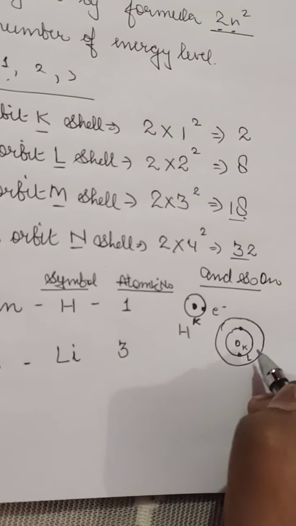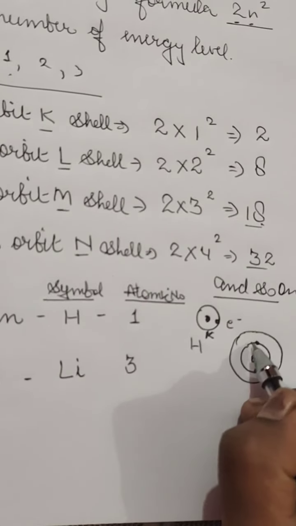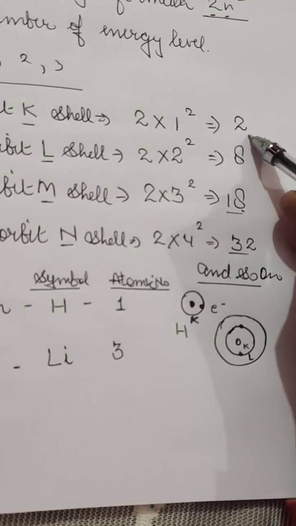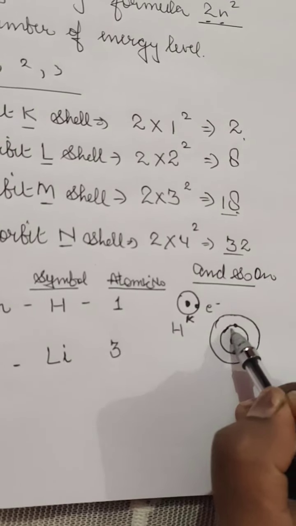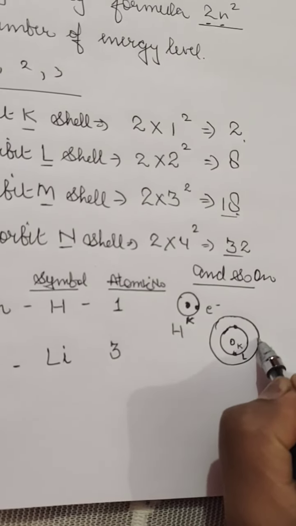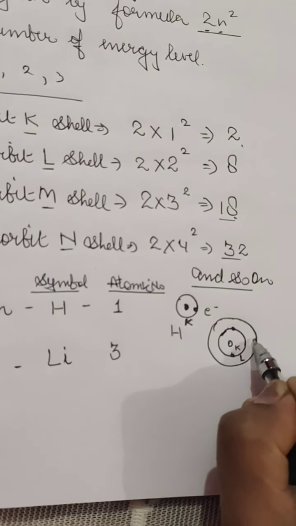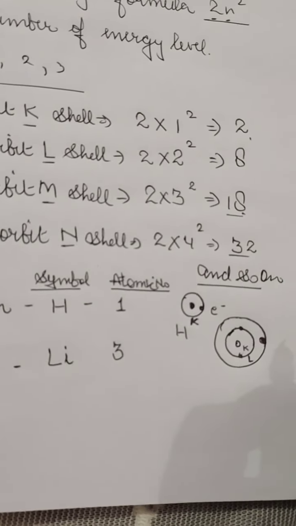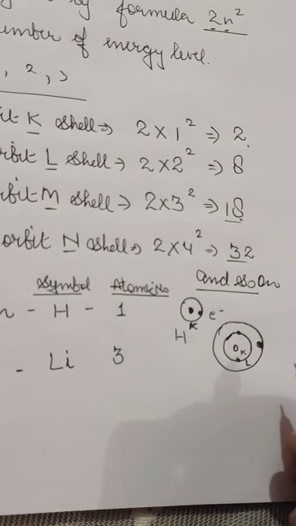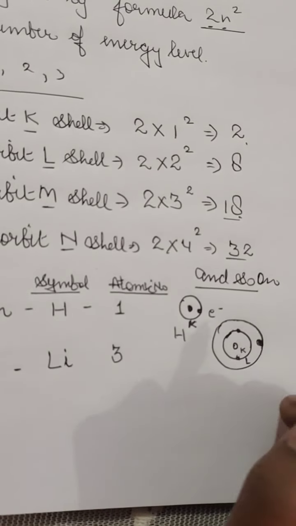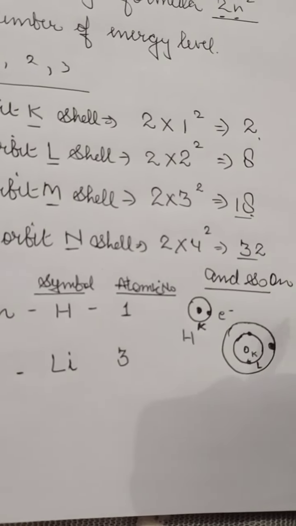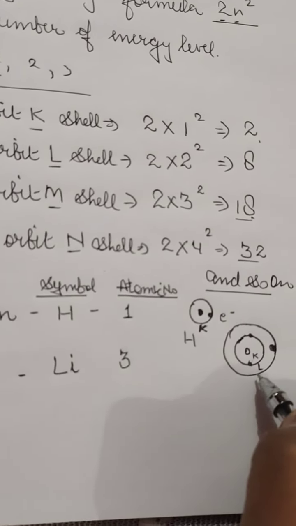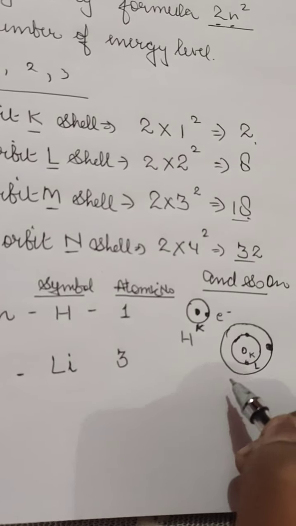Now the filling of the first shell will be done first. In the first shell there is a maximum of 2 electrons, and when those 2 electrons are completely filled, only then will electrons be filled in the next shell. And if the number of electrons is small, like here where it has only 3 electrons in total, there will be no other shells in this atom. So there will be only 2 shells. If it donates 1 electron and forms an ion, this shell will be removed.